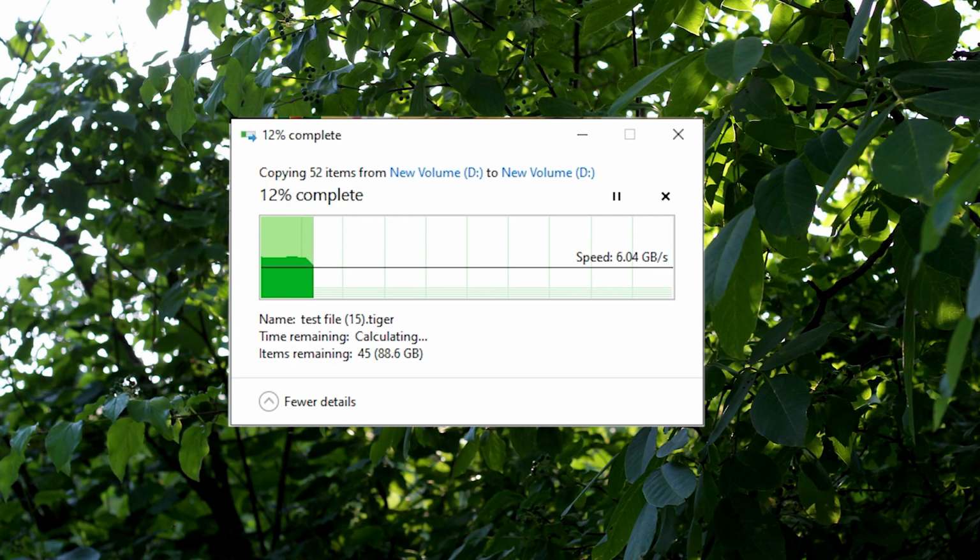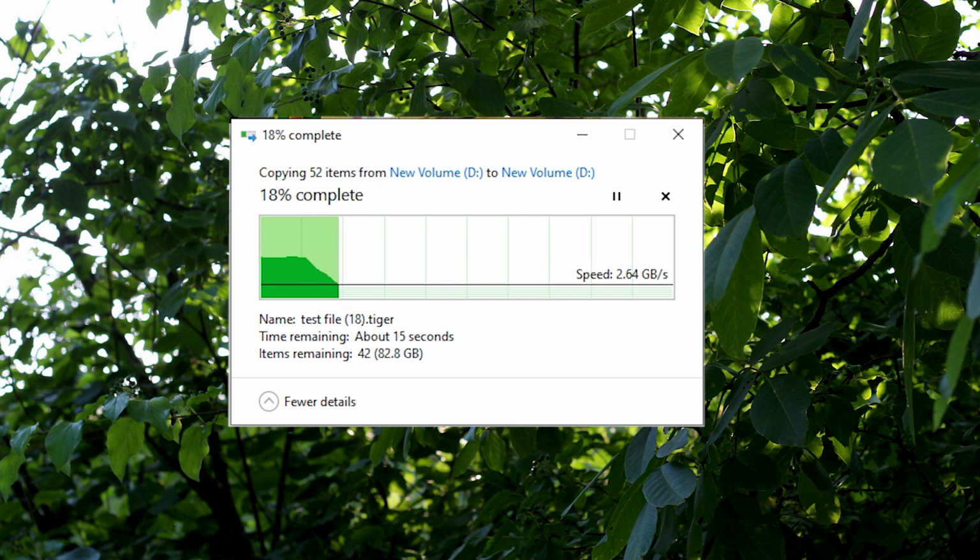We start our testing with the real-world performance, and this is where things are simple. First, we copy a folder that has a total size of 100GB, and this way we can see how big the cache of the SSD is and how the SSD recovers once the cache is filled up. And here we see that the file copy speed starts off well enough at over 7GB per second, but of course that quickly drops to 2.6GB per second, as it was expected from an M.2 SSD of this price tag. Nevertheless, the speed remains constant until the cache is filled, and then it slowly drops to 1.4GB per second